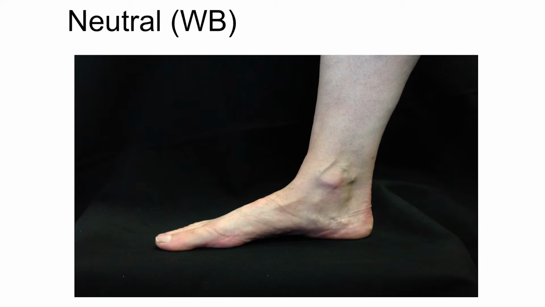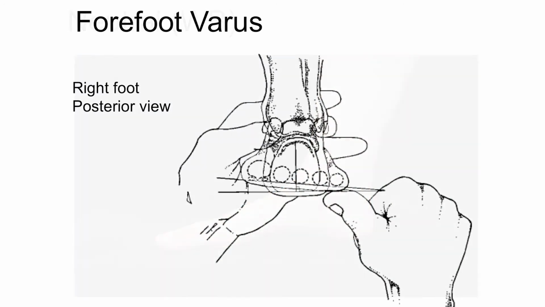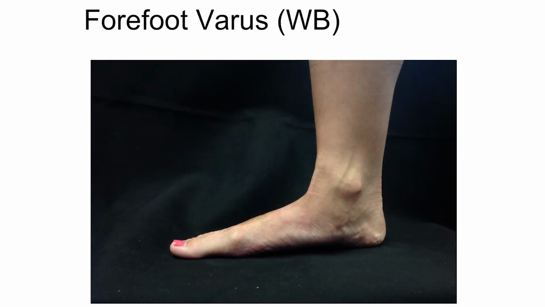Like our patient, here the forefoot is at an angle. The line at the level of the metatarsal heads is not perpendicular to the hind foot. Instead, the medial border is higher than the lateral border. This is called a forefoot varus. In standing, this foot has a low arch and a hind foot that sits in valgus. This is a pes planus, or a flat foot, and causes our patient to have excessive pronation during gait and